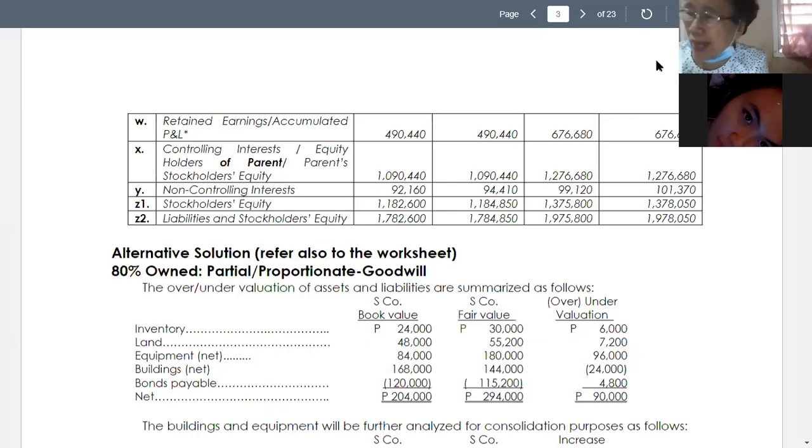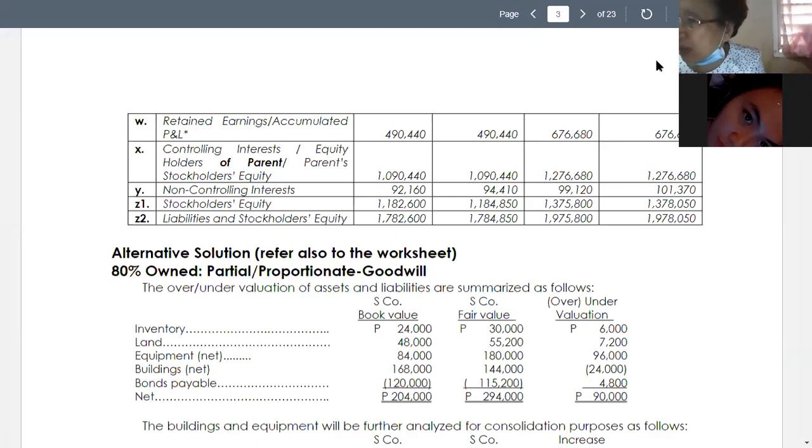240,000. Yan is. And then we add the retained earnings of S. Initially, 120,000. And then we add net income, 60,000. The total, 180,000. We deduct the dividends paid by S of 36,000. So 144,000 added to 240,000. We get 384,000, and then we add